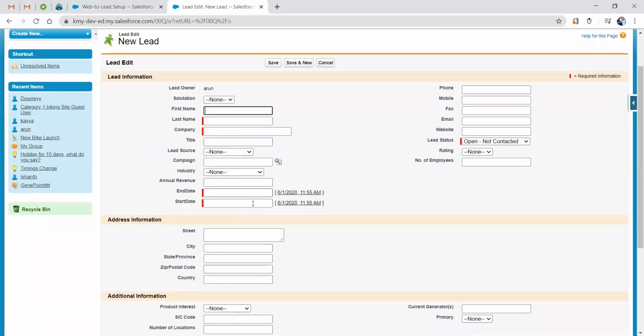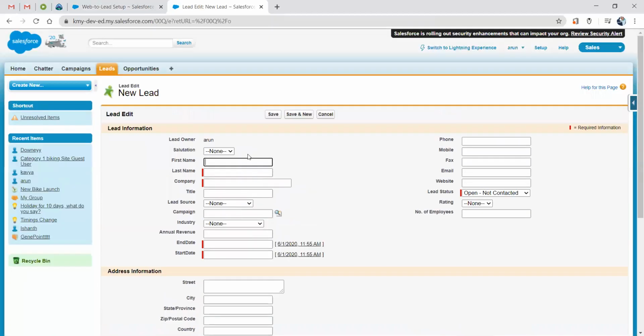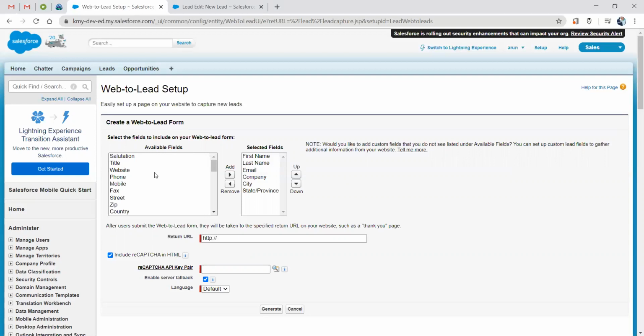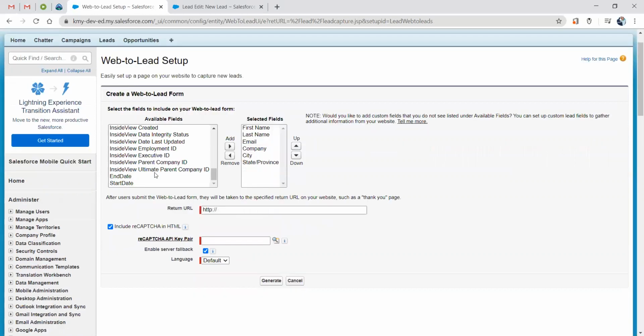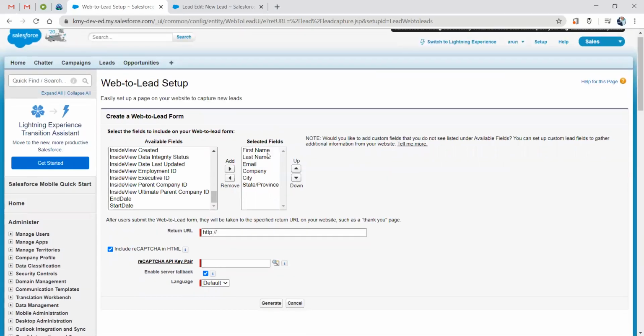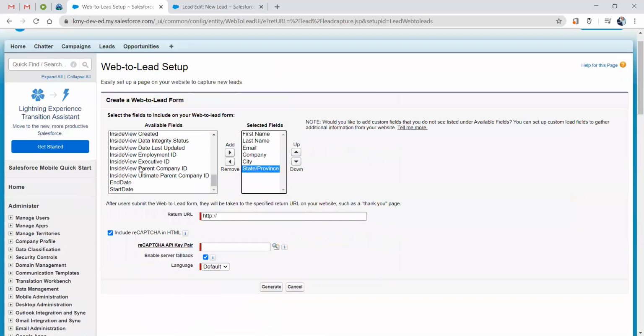All these fields will be displayed in the Web to Lead section. For now, let's just take four or five fields only: first name, last name, email, company, city, state, and let's also include a phone number as well.